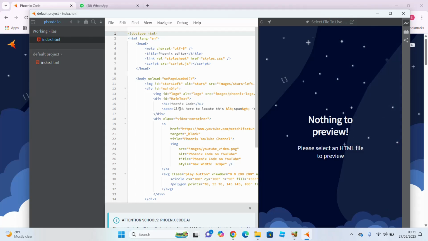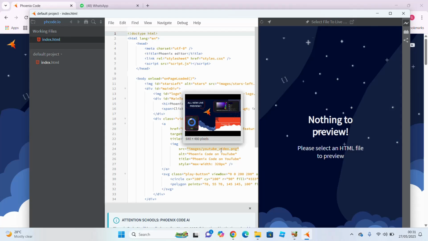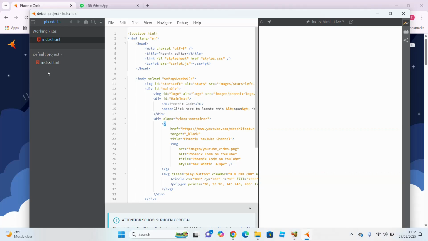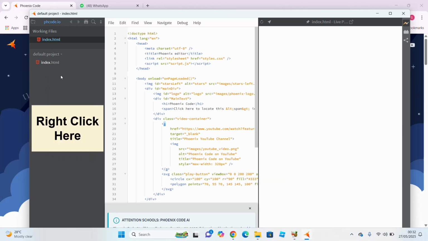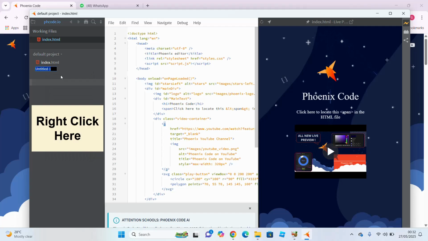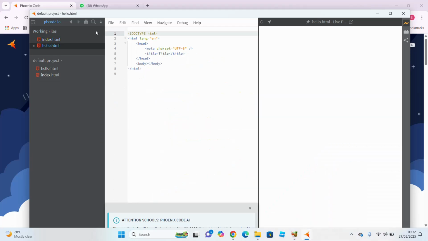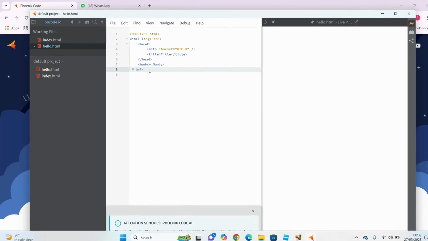So the way it works is that Phoenix Code allows you to preview your code as you write your code. So right now, let me create an HTML document. I will click here, click on new file. Let's name this hello.html. Press enter on your keyboard, and by default, Phoenix Code gives you the starter HTML structure for you to